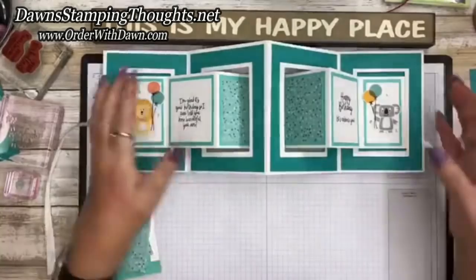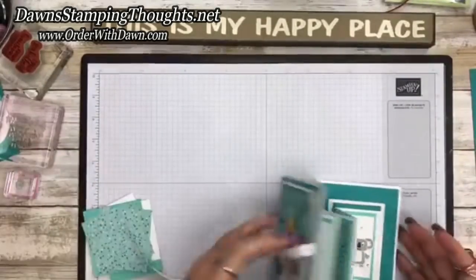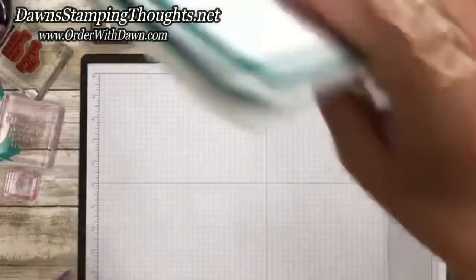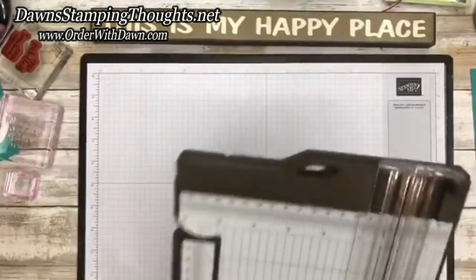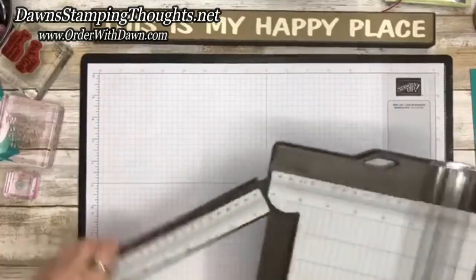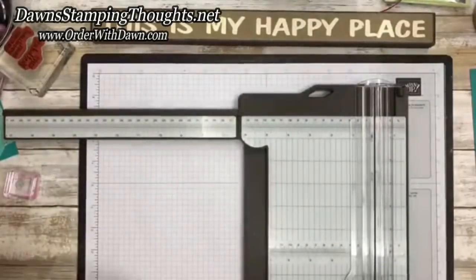All right. So now, let's go ahead and grab our trimmer so I can score these pieces and put them together for you to show you how to do that. I'm going to set this over here. I don't think I need that open, but I do. All right, so let's go ahead